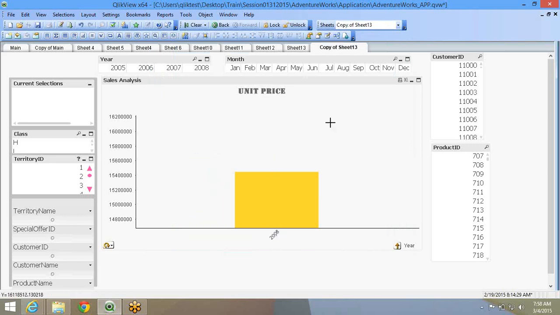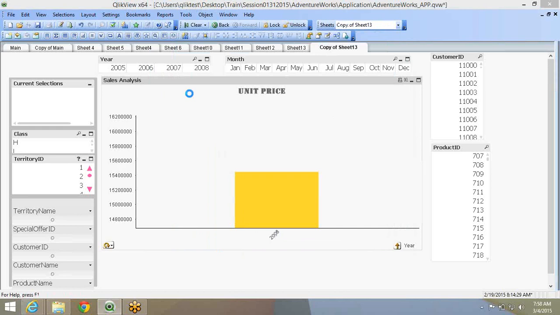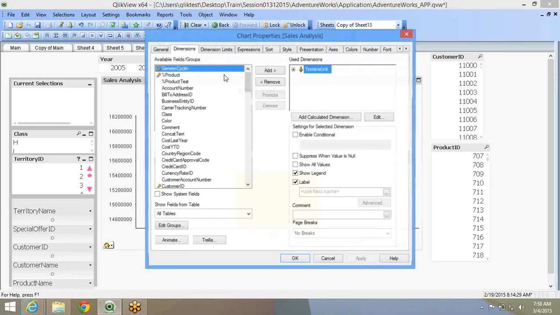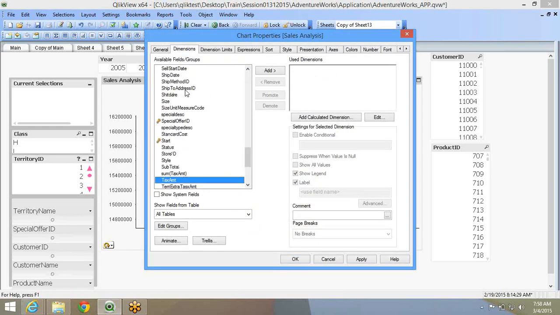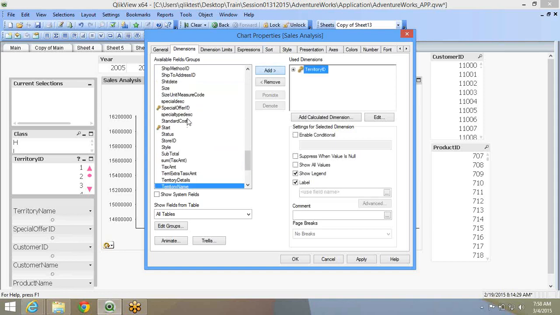Just let me copy this. So I copied this sheet. Now this drill down, drill up, all these things are fine. Now suppose a user selects territory ID and I select ship method ID or special offer ID. Let me just pick up